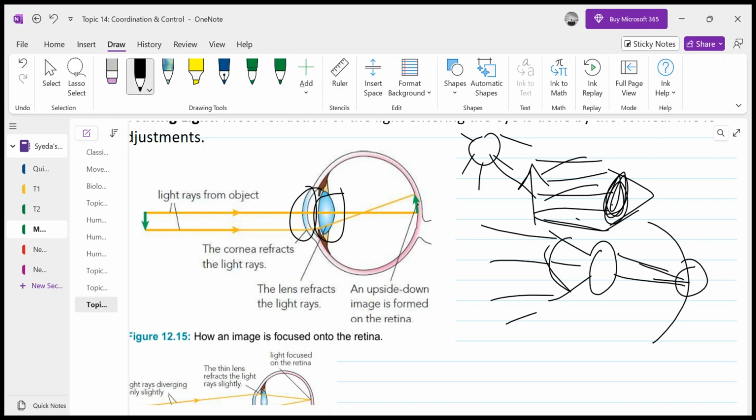But actually, in a virtual image, like in a mirror, what is the type of the image in a mirror? It is always virtual, because if we are standing, we always see ourselves standing in the mirror. It is a virtual image, right? Whatever mirror we have at our home to see ourselves, is it a convex mirror or a concave mirror? Anyone, please.